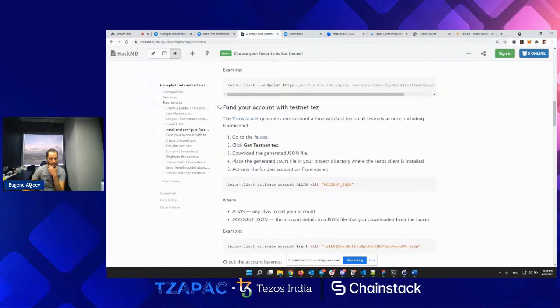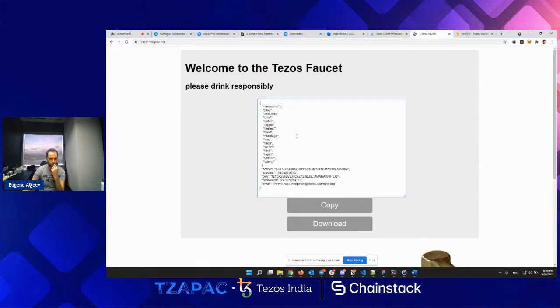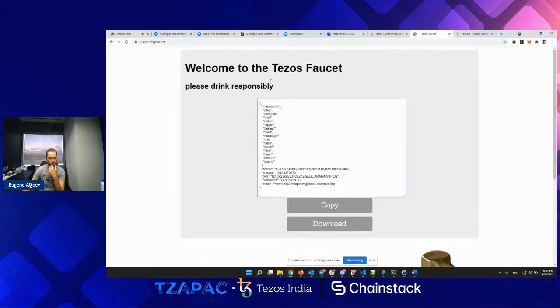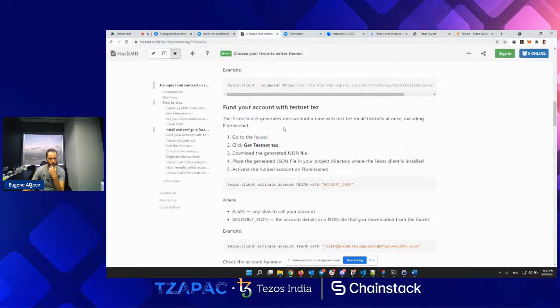Fund your account with testnet tez. The Tezos faucet generates one account at a time with tez on all testnets at once, including FlorenceNet. Awesome. That's very convenient. Go to the faucet. Okay, I'm here. I already clicked issue tokens, and I've got this, which I guess is my wallet where I can get the tez from.